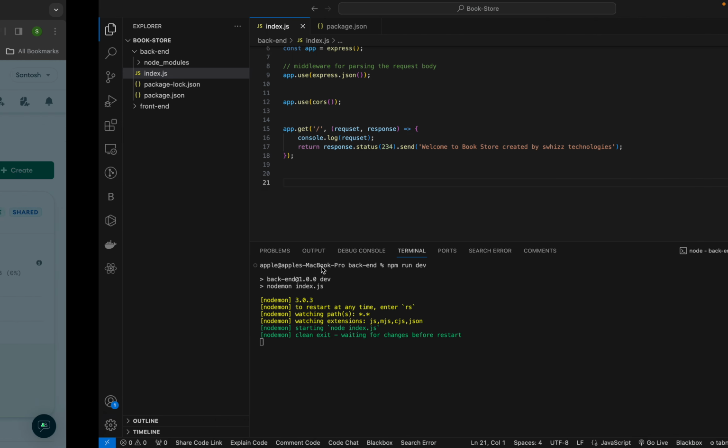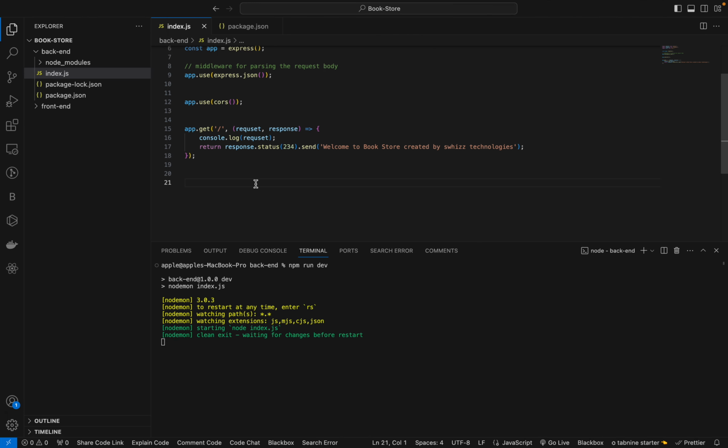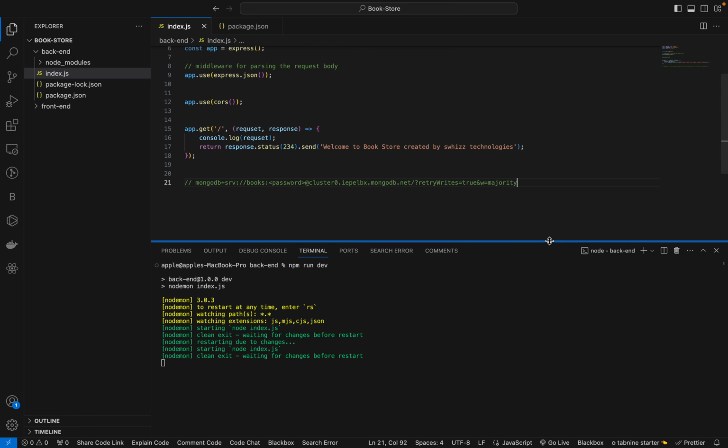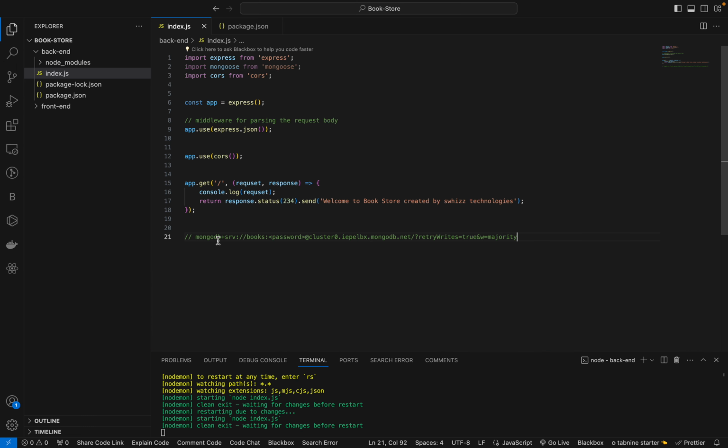So I will tell you what to do. For now I will keep it here in comment mode. Before that, make sure this is the security policy: this one and the port number should not be shown to the server or a client in the networking tab and everything. So we will create a config file here,